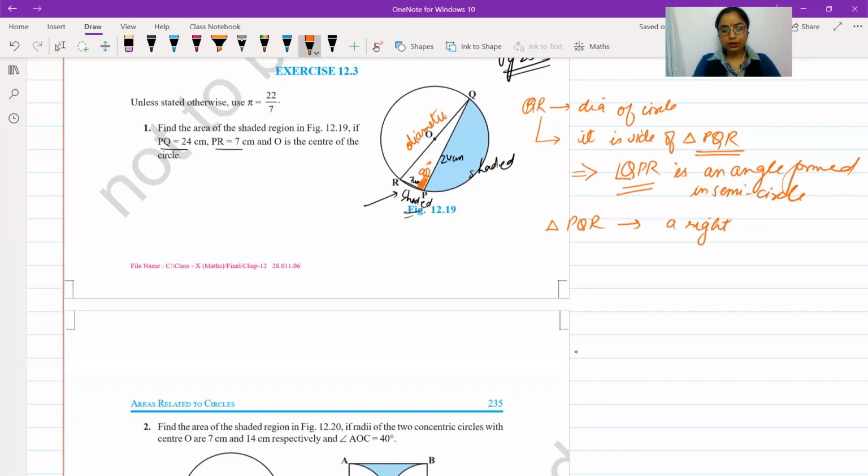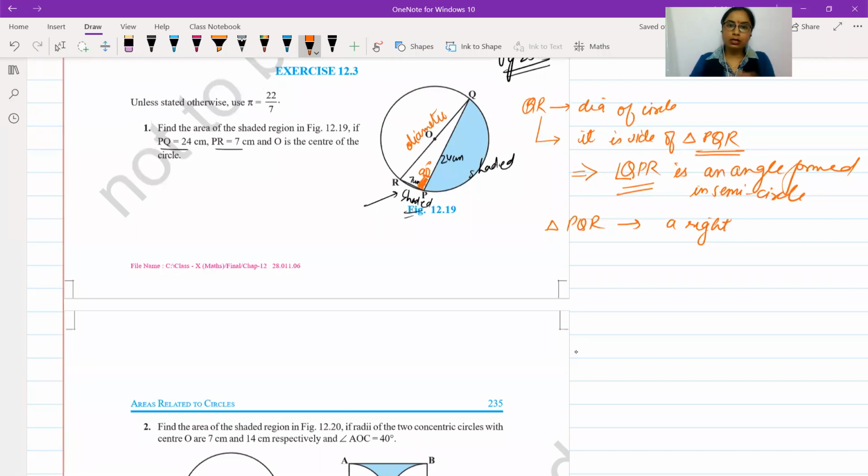All right, they have modified it. If your book is of the latest edition, then it's possible that the figure given in your textbook clearly shows that chord RP is also forming a segment. The one I have with me right here, it's quite an old version. So you cannot identify the segment formed by the chord RP. That's why I'm saying this.